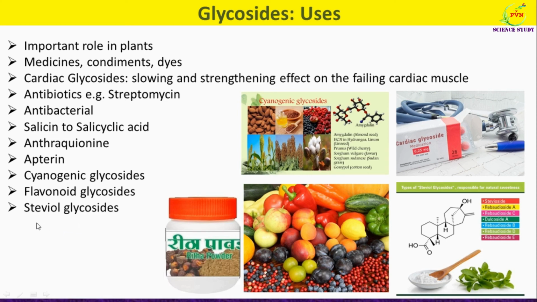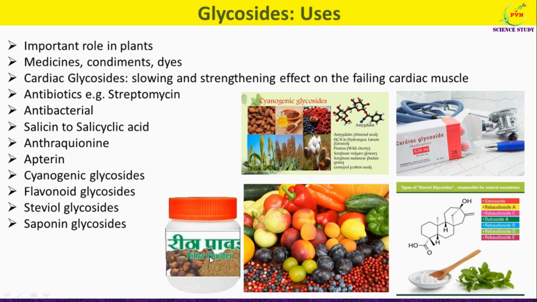Another important glycoside is stevia glycoside. These glycosides are found in the Stevia rebaudiana plant. So this is the stevia plant. This plant produces many glycosides which are 40 to 300 times sweeter than sucrose, that is the common sugar. In many countries these are used as a natural sweetener. As they do not have any side effect caused by sucrose, they are considered the best replacement for sugar for diabetic patients.